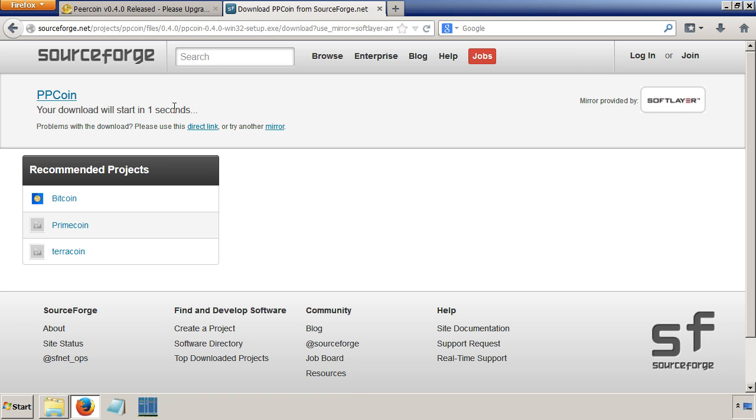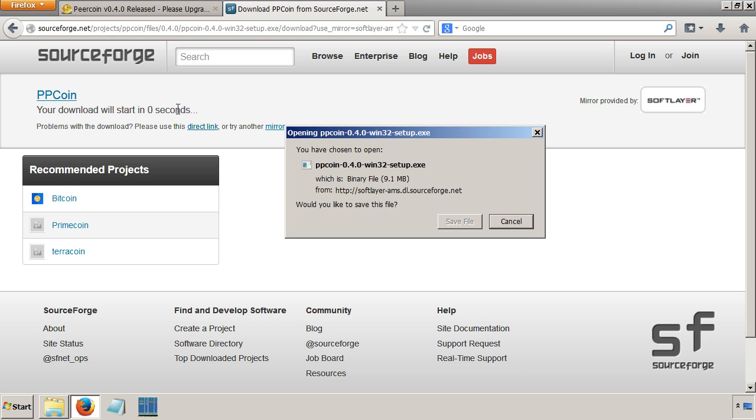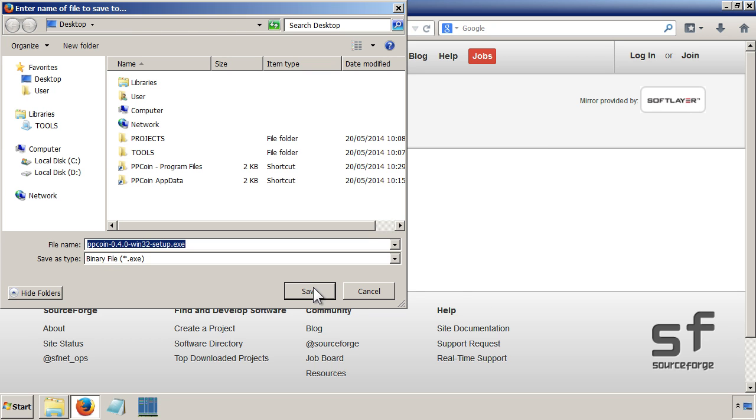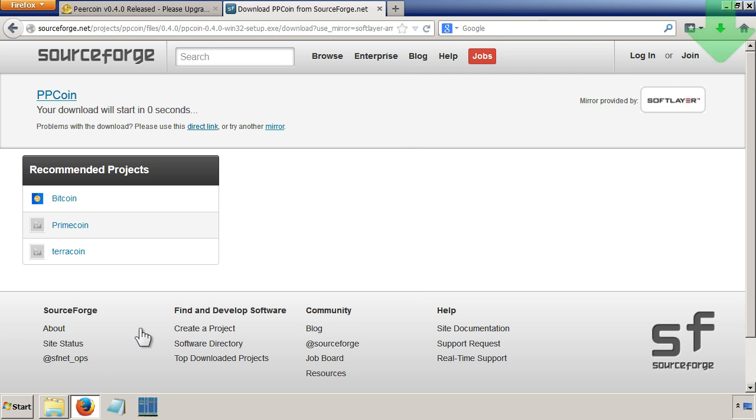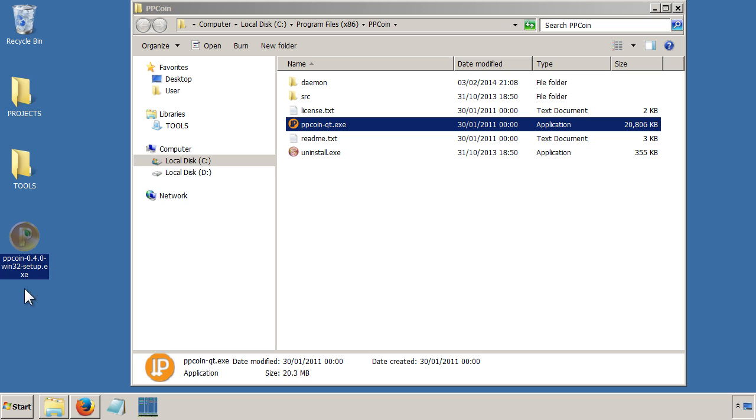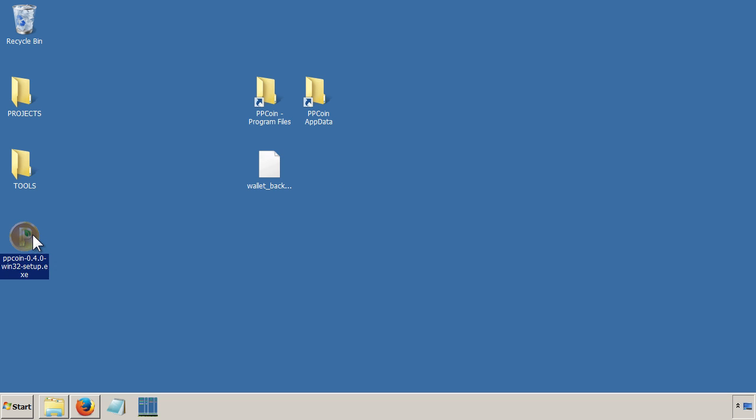It says download will start in 1 second, and you can see that the file that is being downloaded is ppcoin and it's version 0.4.0. So I'm going to save that. Once it's downloaded, we've got the file to be able to install the new version. So I'll just double click on this,